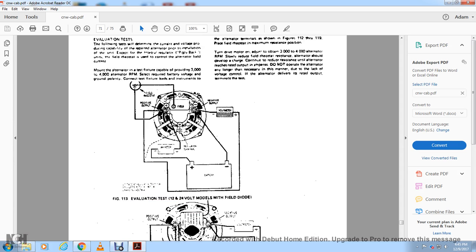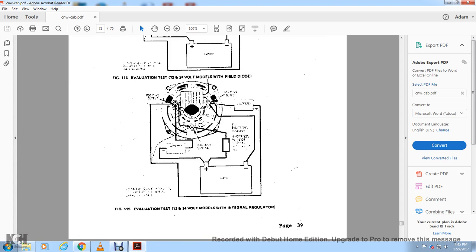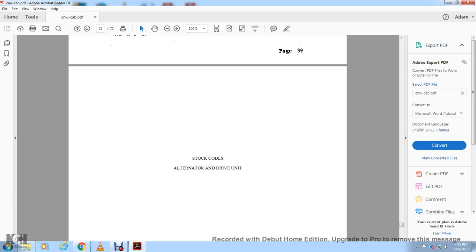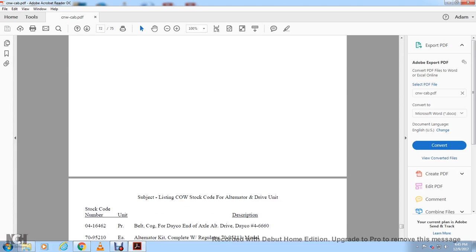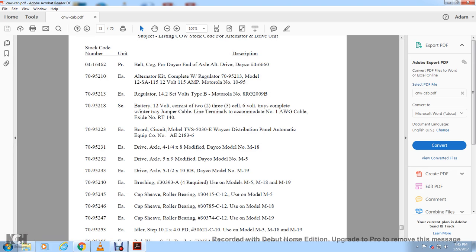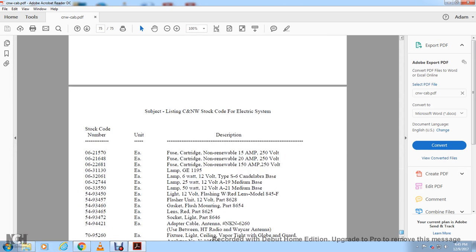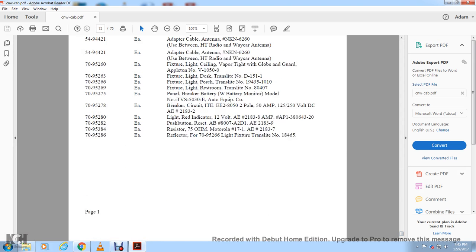Figure 11.13 shows the evaluation test of 12 and 14 volt models with diode, voltmeter, negative output post, positive output post, field rheostat, ammeter, and battery. Evaluation test of 12 volt models with integral regulator is the same thing. Stock codes, alternator drive units. And then it goes through your part selection numbers, and that should conclude the rest of the